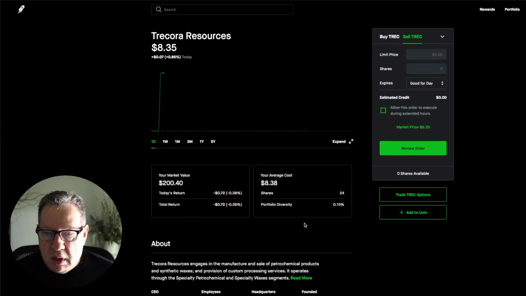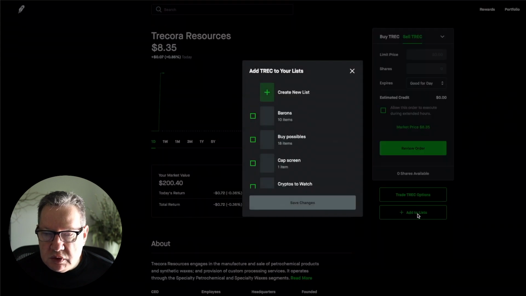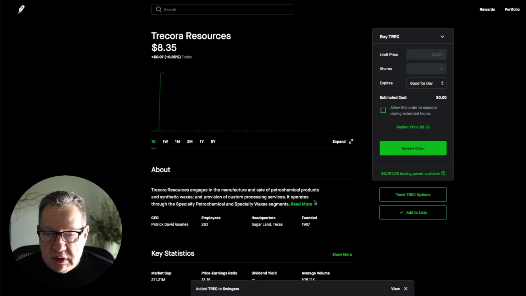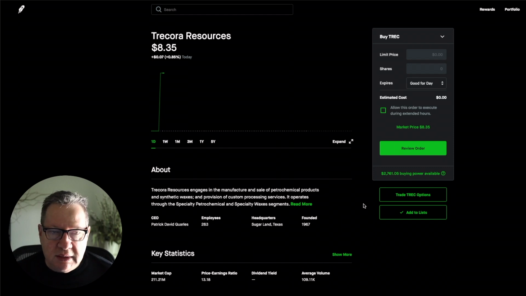At this point we've set up the trade. One thing I do like to do is add this to a list, and I have a list of what I call swing trades, and you can save changes. That just gives you a nice shortcut way to differentiate the kinds of trades that you may be doing. So you can create a list and